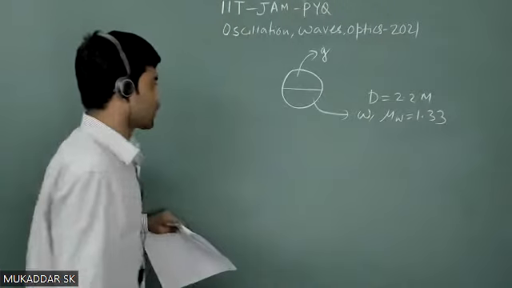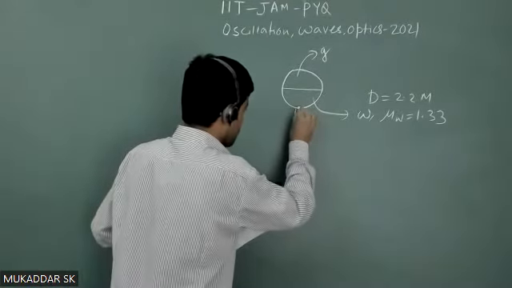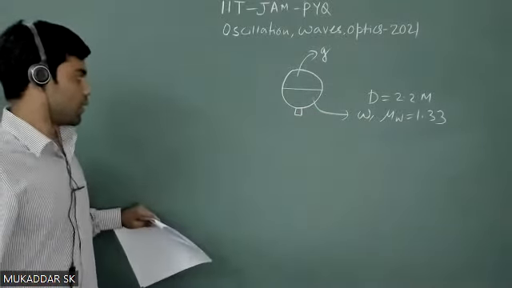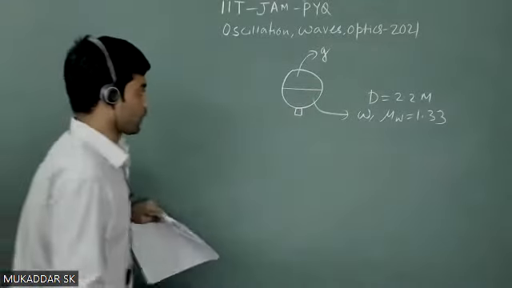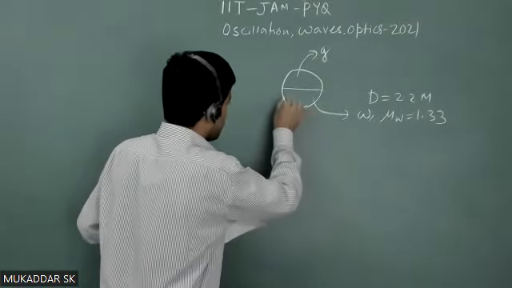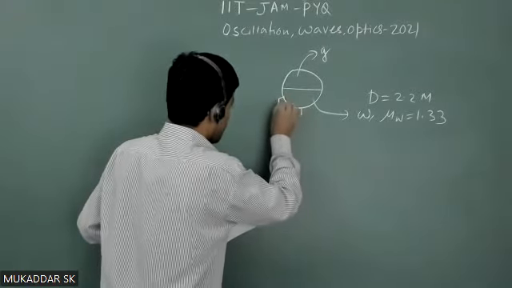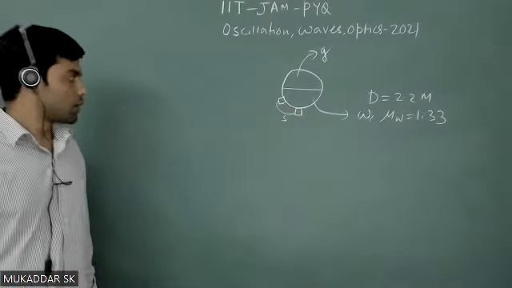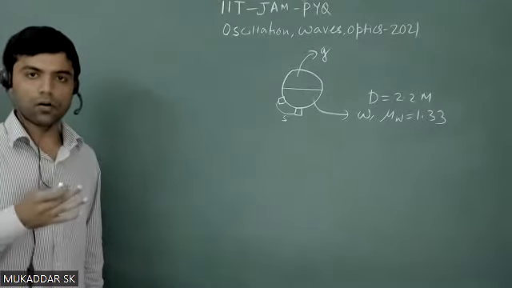Okay, and also there is a laser source. There is a laser source on the lower part of this cylinder, and this source can move on the lower part. Okay, so it can move from here to here. Okay, and that distance is given as s, and they gave the information that when s is greater than